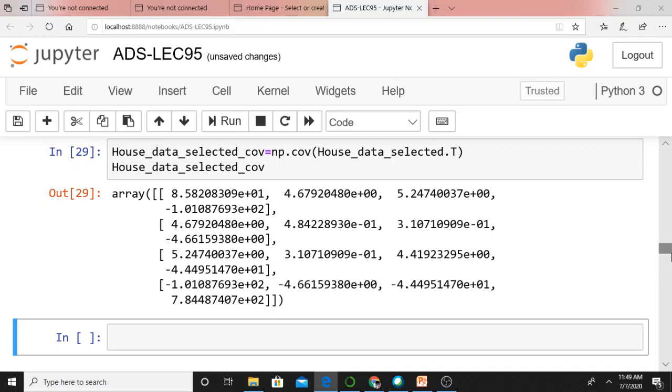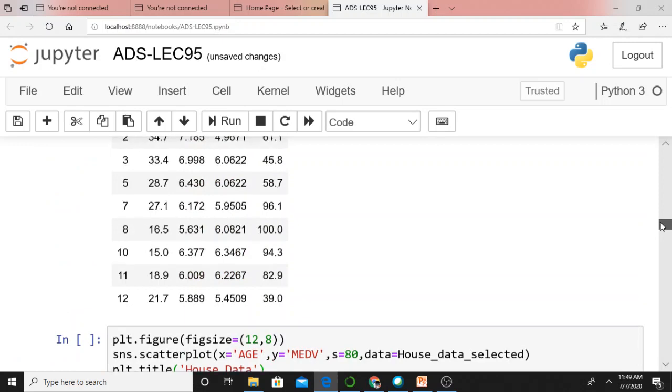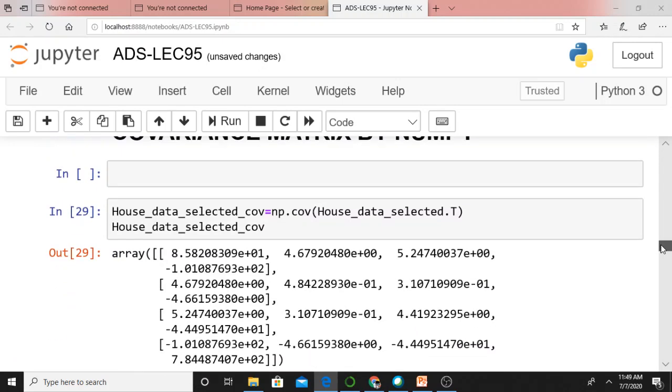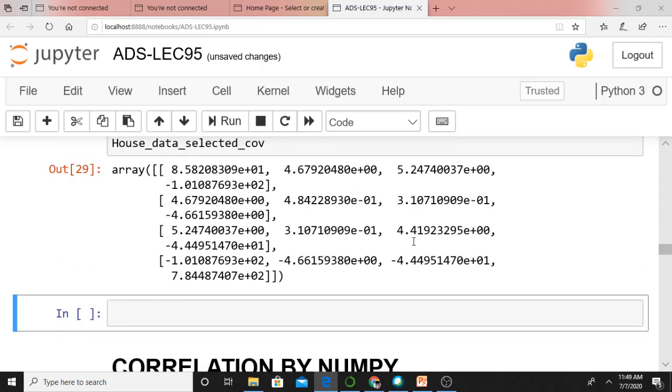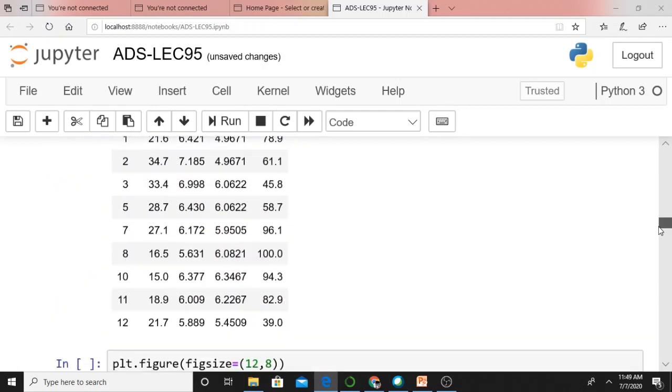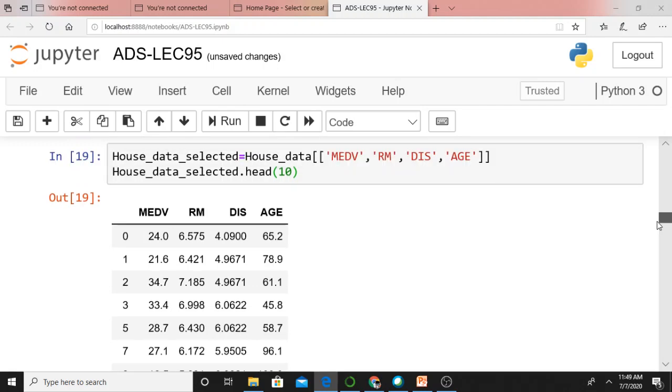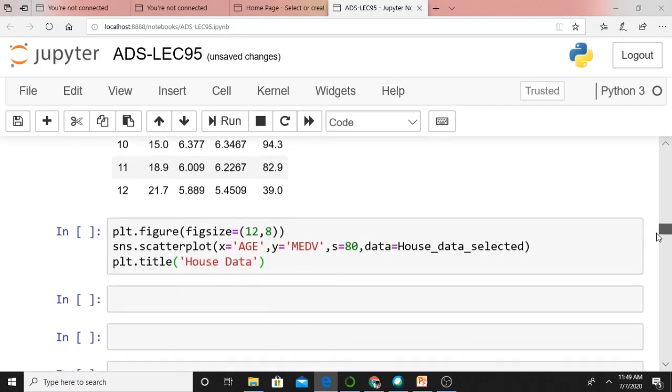What is my first column name? The first column name is MEDV. Covariance between MEDV and MEDV is 8.58. In that manner you can understand. These are the covariance values between every pair of variables; just refer to this data frame: MEDV, RM, DIS, age.